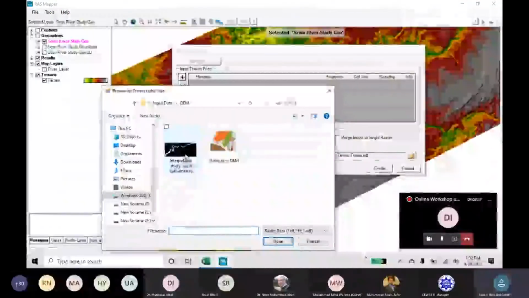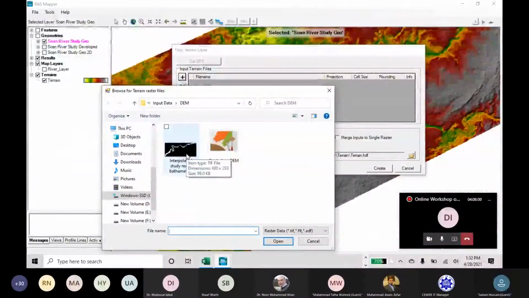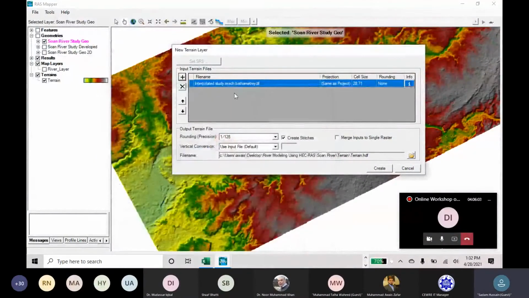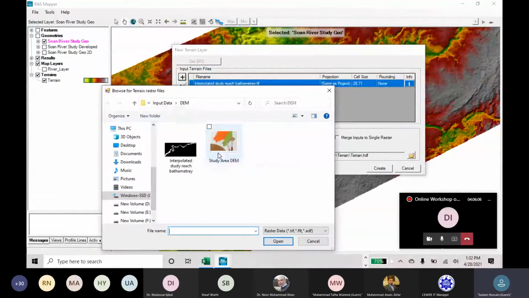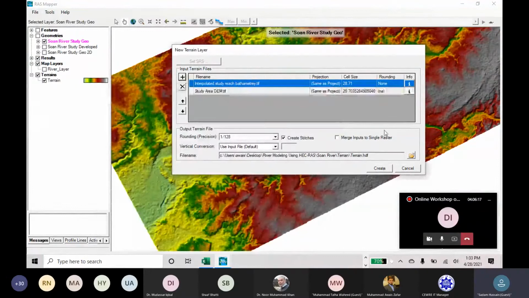First, I want to embed the interpolated cross section, so I select the interpolated steady reach bathymetry. Then we will select the digital elevation model where we want the modification, which is the steady area DEM. We will use the same projection.